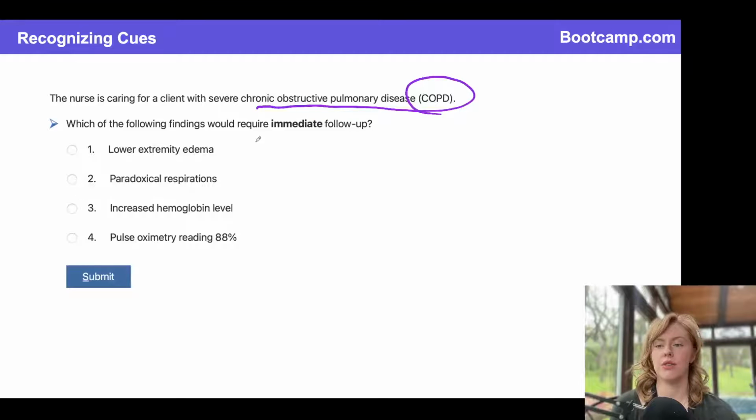So we need to figure out which of the following findings would require immediate follow-up. When you guys are asked about immediate follow-up, that means you are looking for an unexpected abnormal finding that you need to do something about, right? And so in order to figure out what's expected versus unexpected with COPD, let's just do a quick little refresher